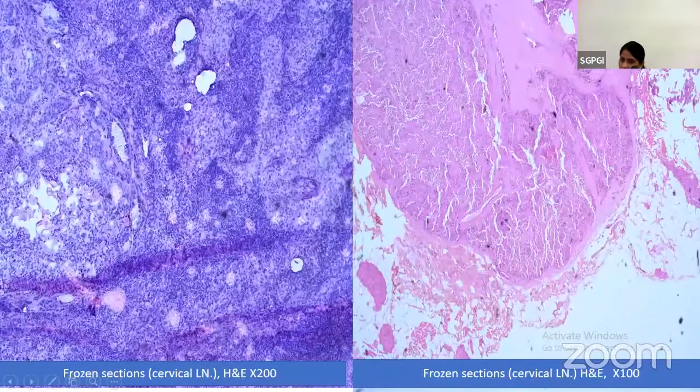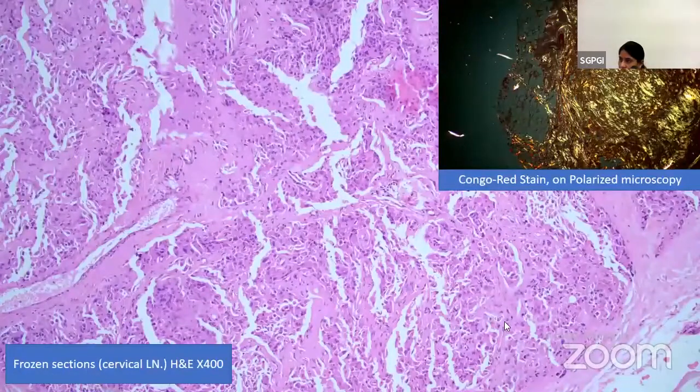This is a frozen section of the cervical lymph node, showing the tumor infiltration. And this is the paraffin section of the same frozen section. We can appreciate the loss of architecture of the lymph node. And in the high power view, here we can appreciate that the lymph node showed the tumor infiltration by these tumor